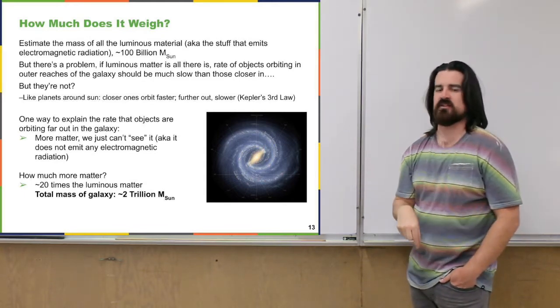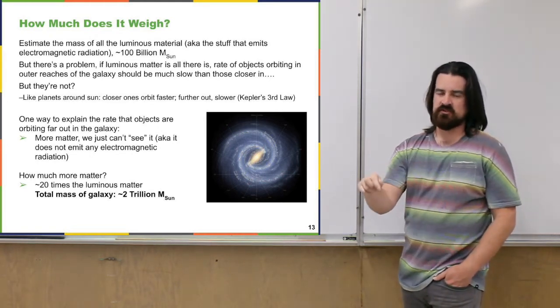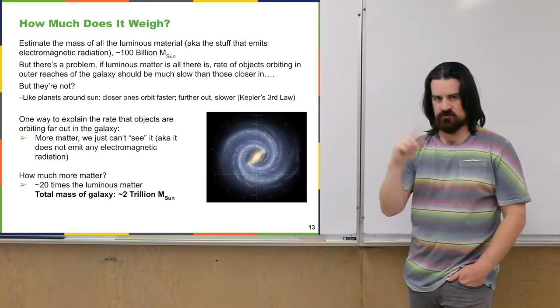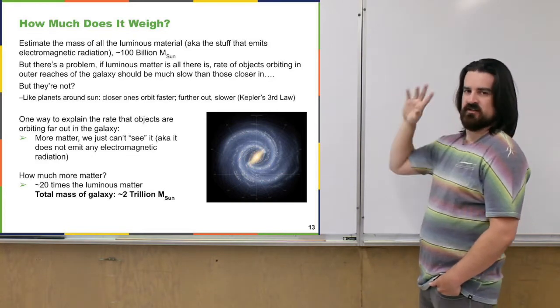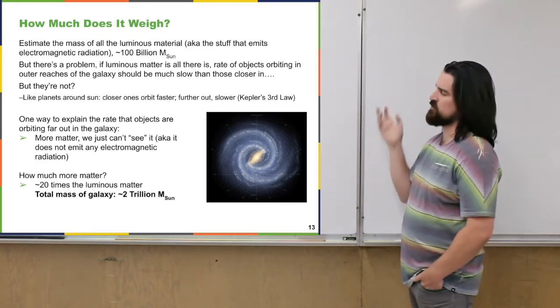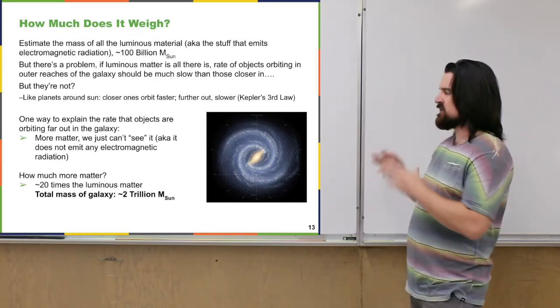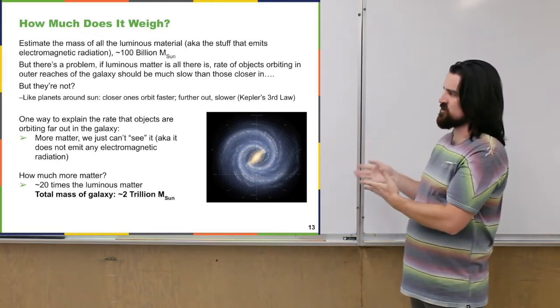This is a very similar result to what we see in planetary systems, like in our own solar system. The planets nearer to the sun, nearer to most of the mass of the solar system, orbit much faster. They go around a lot faster, versus further out, like Jupiter, Saturn and Neptune, which take a long time to get around the sun. This had to do with Kepler's third law. So if we apply that idea to the galaxy, we would think that the stuff at the edge is going to go much slower.